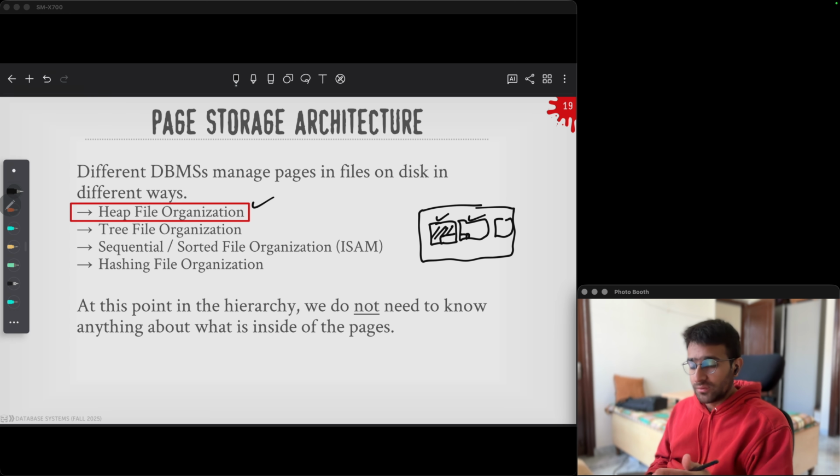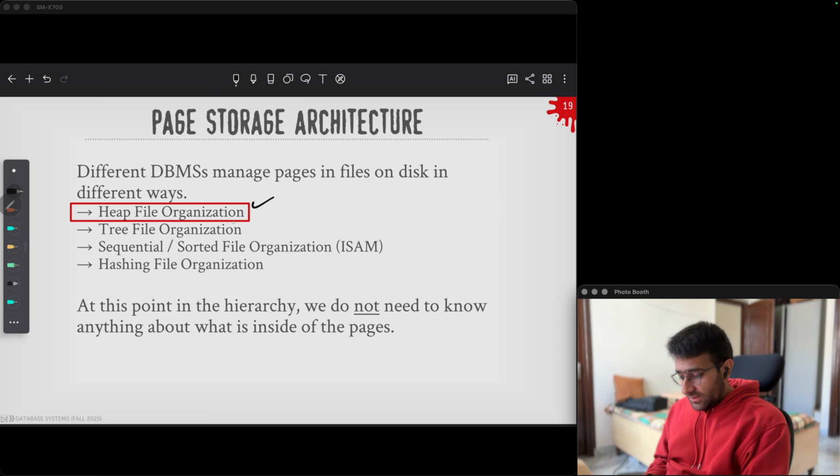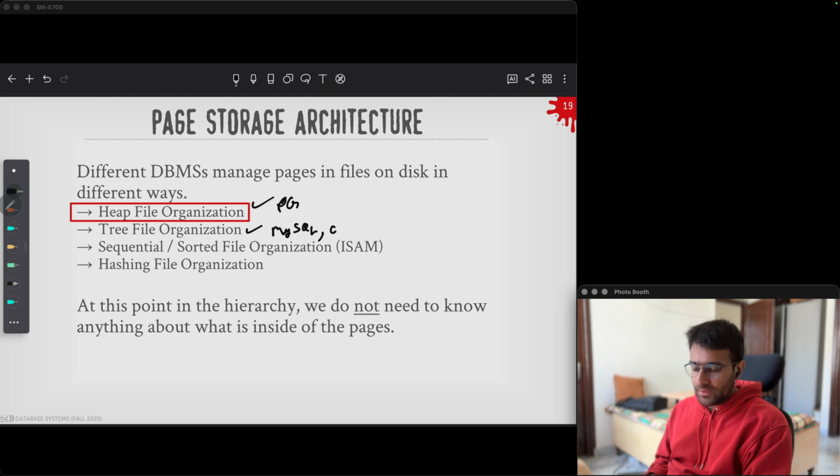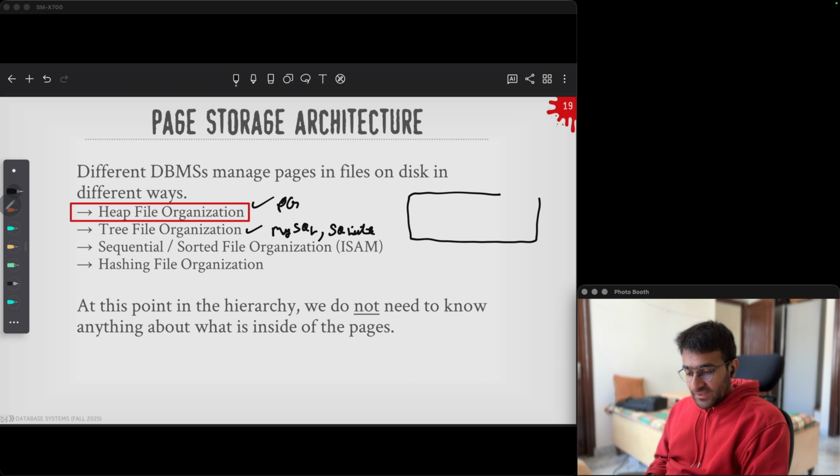Another thing is a tree file organization. So this is what Postgres does, heap file. And tree file organization is what by default MySQL does, or SQLite. And in the enterprise systems, I think you can switch between the two because, as I said, that's what the money is for. But what is a tree file organization? That when you're writing to this database file,